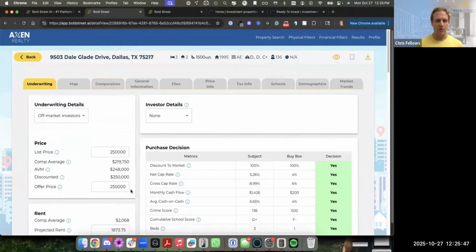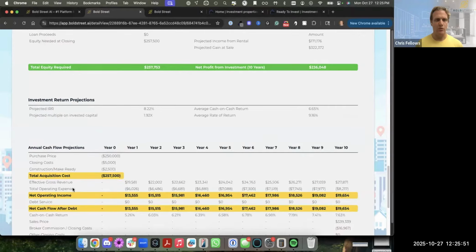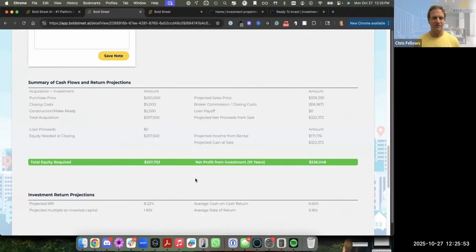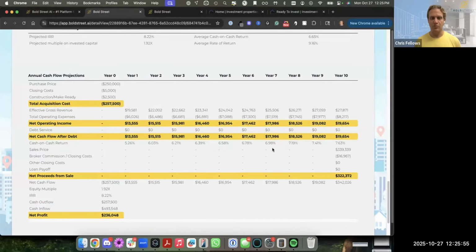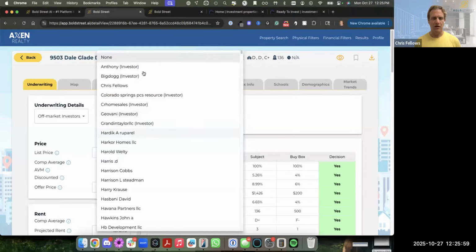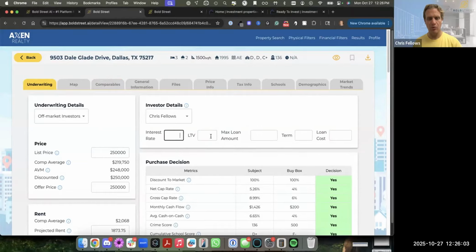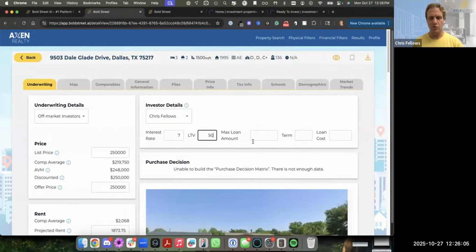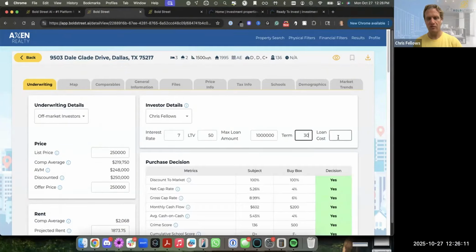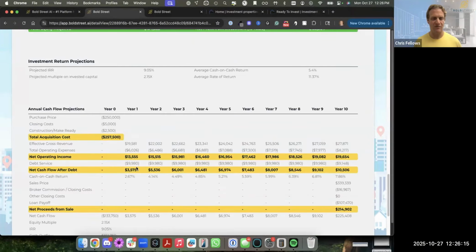In the underwriting, we also calculate all the operating expenses. And then down here, we've got a summary of cash flows as well as annual cash flow projections. We can even take a given investor, and if they have a mortgage rate, this will automatically calculate what the debt service is. So here we can see the numbers are updated, and now down here we see a line item for debt